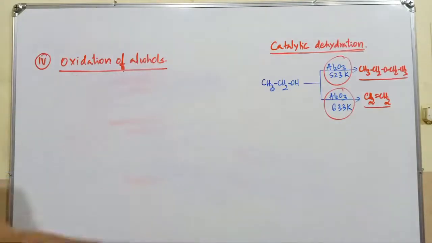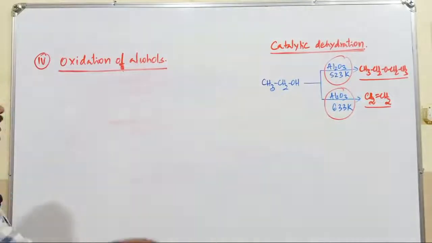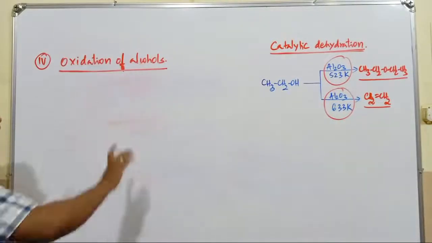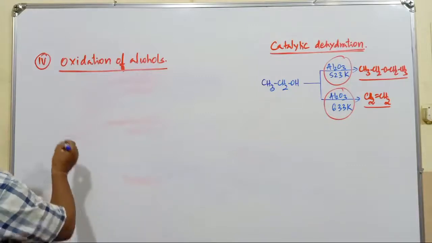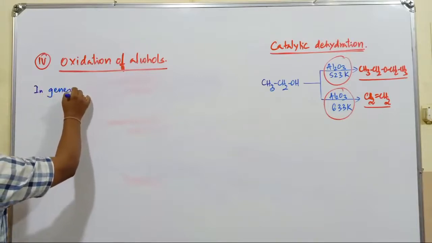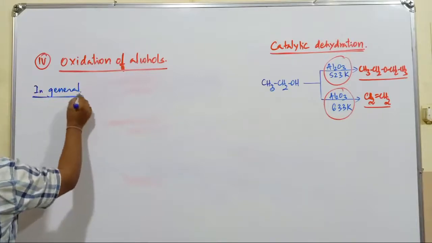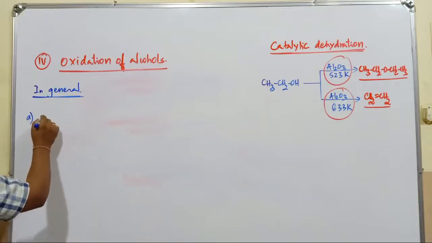So based upon that we can find out which product is formed in the oxidation of what? Alcohols. Alcohols undergo oxidation commonly. So the product is going to be completely depending upon the nature of the alcohol as well as the nature of the what? Oxidizing agent. So generally in case of oxidation of alcohols, first we'll discuss this general concept. In general, if you go with the primary alcohol, for example,